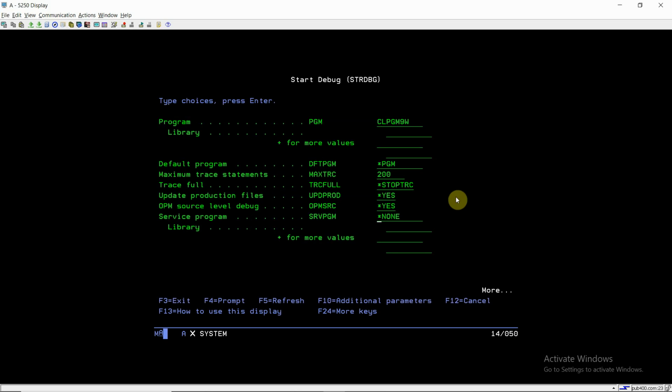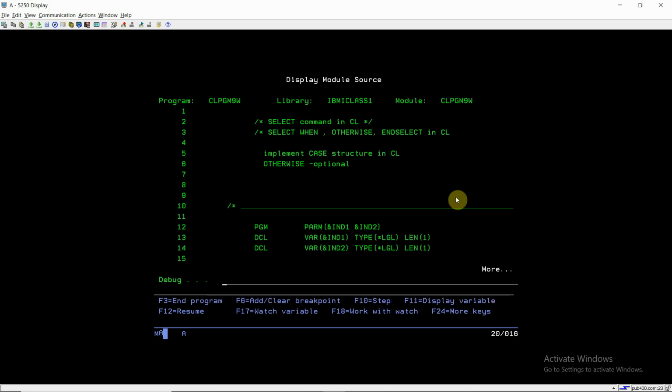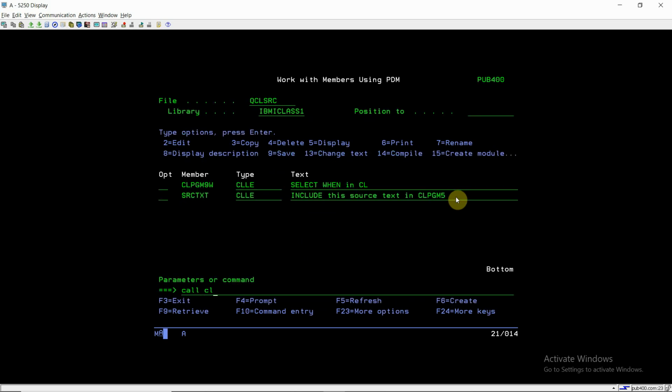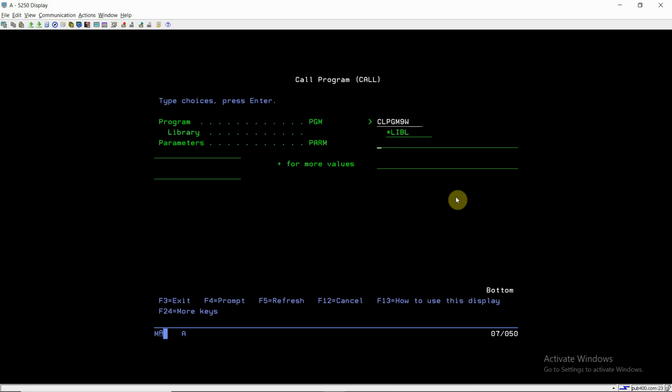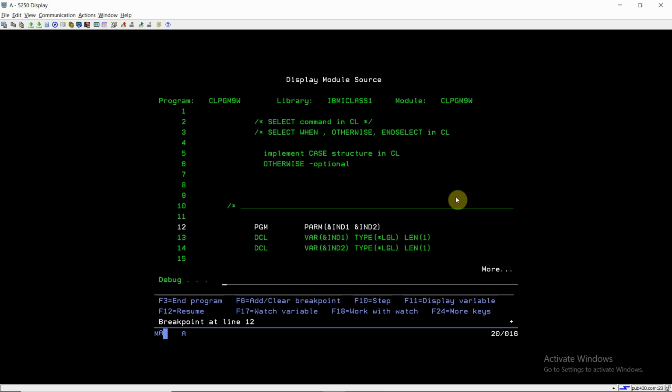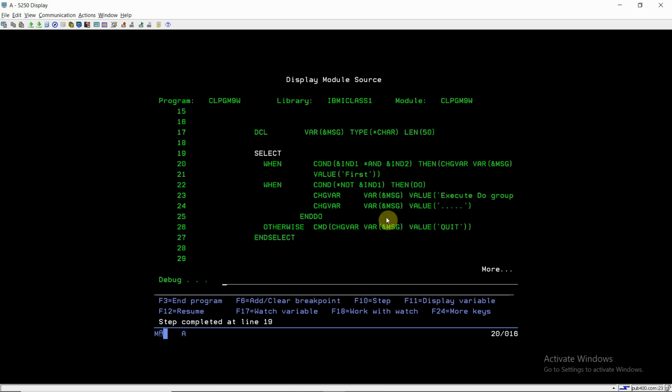Now we will set the breakpoint at line number 1. So just call this program, CLPGM9W, and pass those two logical parameters. We have passed 1 in both the indicator 1 and indicator 2 parameters.